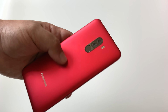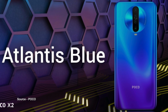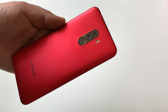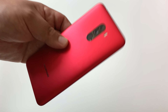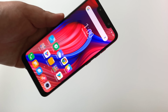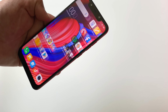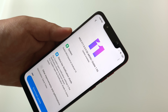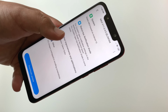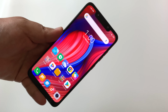Now you rarely see phones made of plastic, and you see even the POCO X2 has now come out with Gorilla Glass and with a kind of a fancier look. But let me tell you guys, the beauty of this POCO phone was that it sacrificed on things like build quality, nicer looks for performance. And to this day, this phone, guys, is still getting software updates. And there we go. I have a MIUI version 11 software update ready to go. But this POCO F1, after a year and a half, is still getting software updates, and it got MIUI 11,